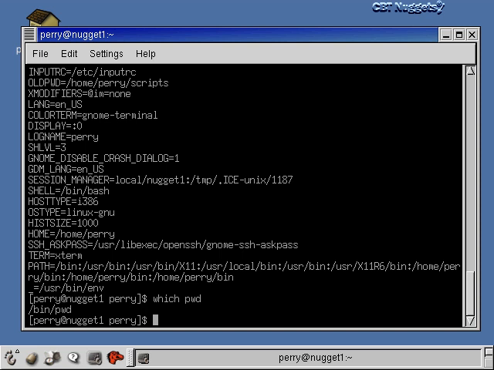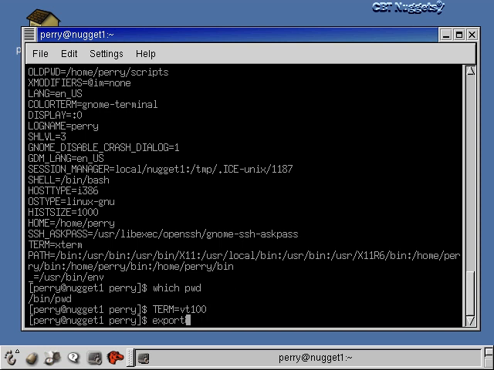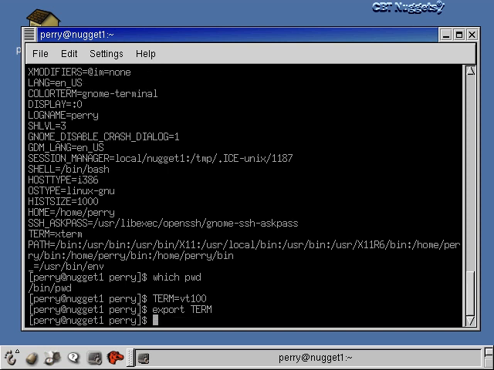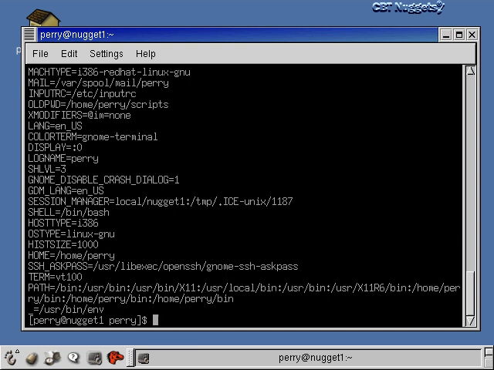Now let me show you actually how to set an environment variable explicitly. Okay, and we've done this before with the display environment variable or with the path environment variable. Let me explain it to you again, and maybe it'll sink in more since we've been talking more about environment variables explicitly here. Okay, so one of the ways to do it is just to give the environment variable name, an equal sign, and set it equal to what you want. So like I was saying, sometimes you want to set term equal to VT100 when you're using a telnet connection, okay, if things are going wrong. All right, so term equals VT100 will do that, and then what you do is you say export term. Now this makes the term variable that you just set take effect, okay? And now if you do an env again, you'll see down here the term variable is now set to VT100,